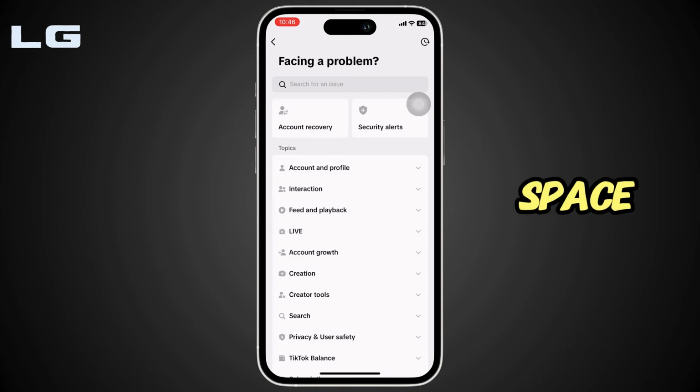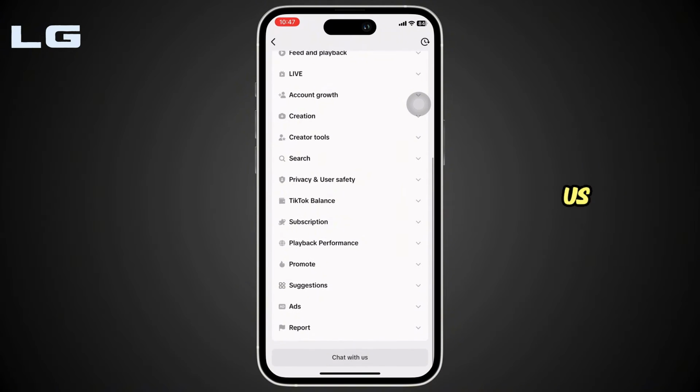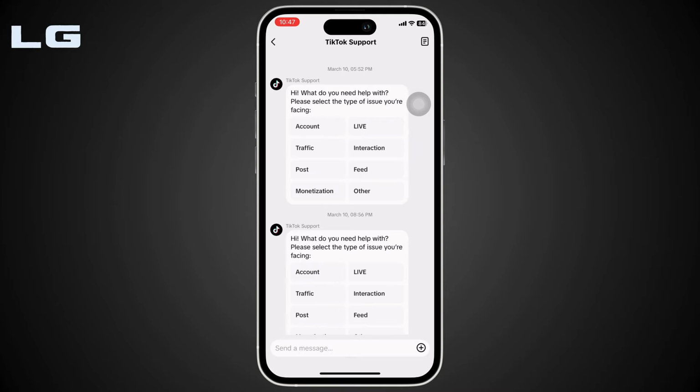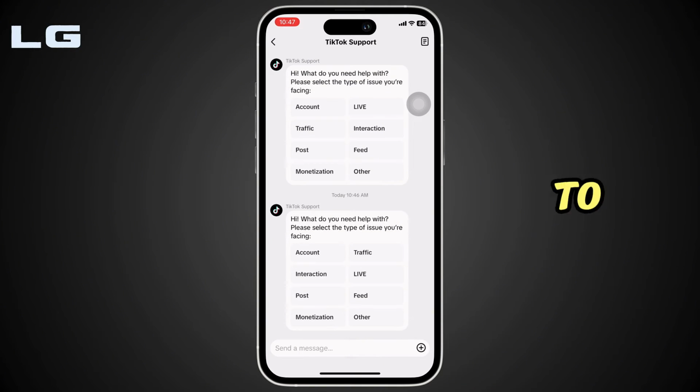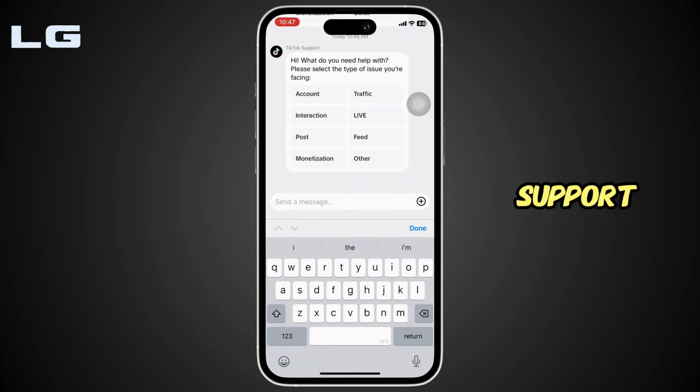It will land you on this page. Once again, scroll all the way down to the bottom and click on Chat with Us. Now on this page, you will be able to contact TikTok customer support. You need to state the problem that you have been facing on TikTok. If you don't know what to write, then simply copy and paste what I have written and then tap